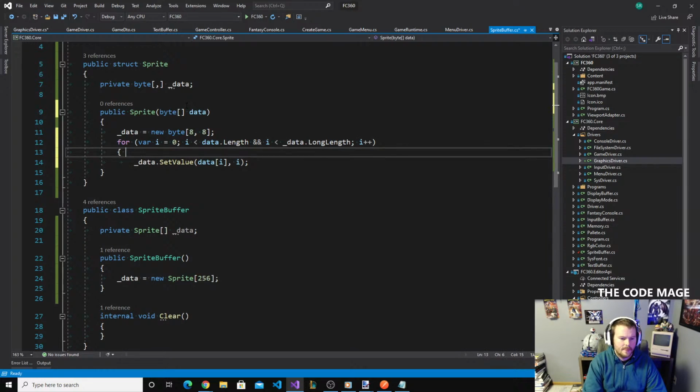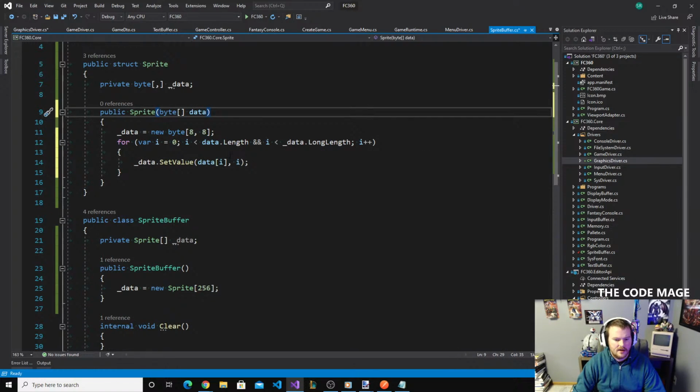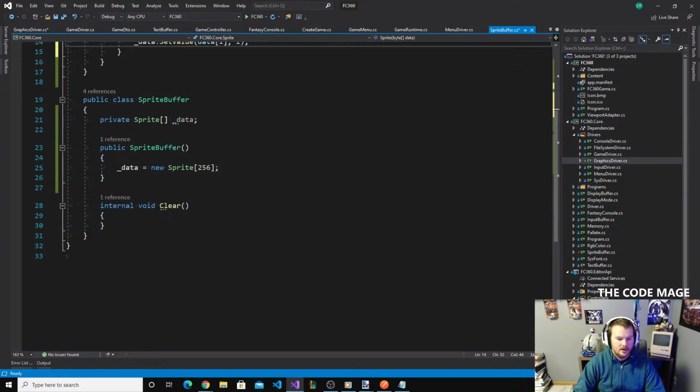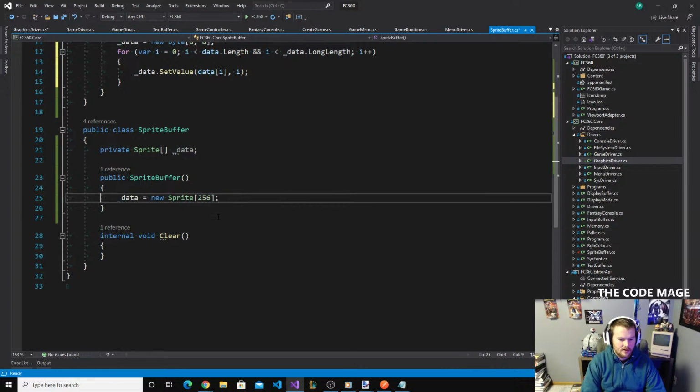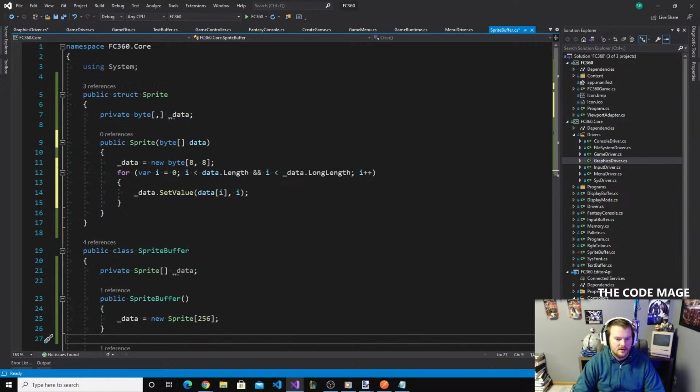Yeah, I don't know, there's probably a better way to copy this like that, and I need to be very careful about the way that I think about how the memory is actually laid out here, but anyways, we'll figure that out. So, in this case, we have 256 sprites that,